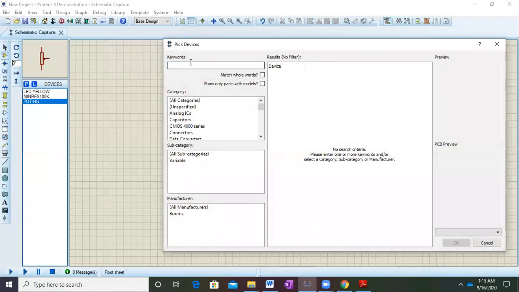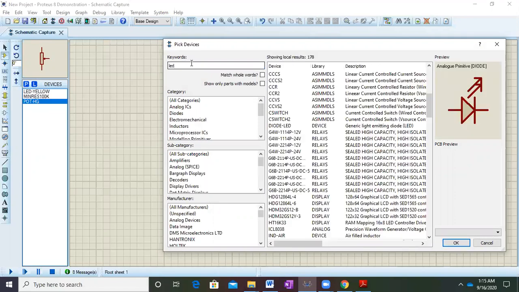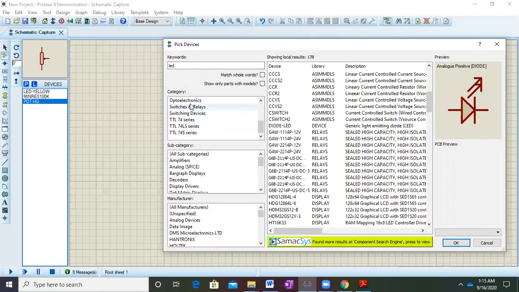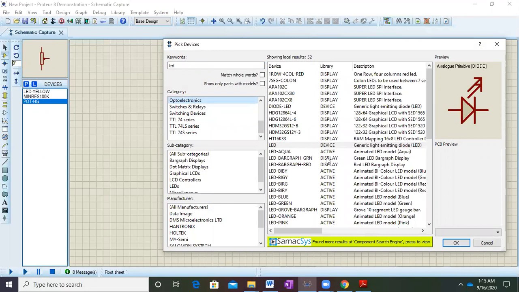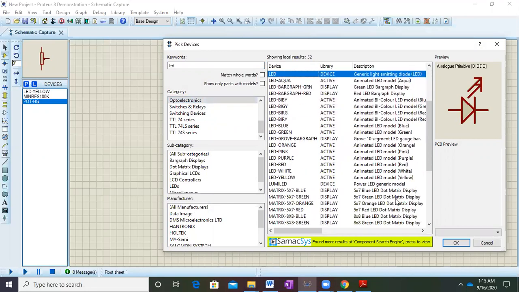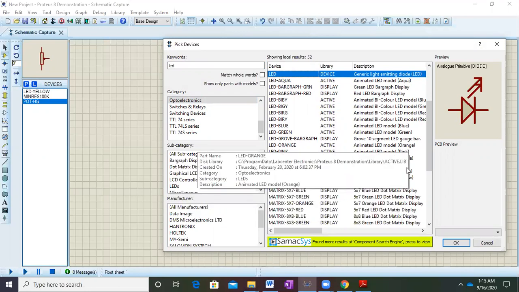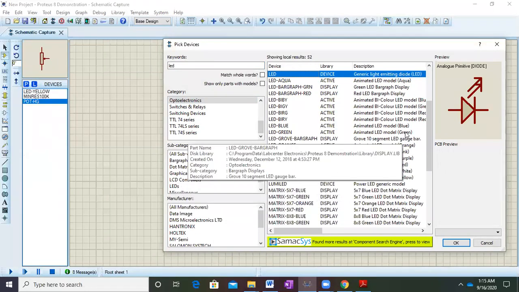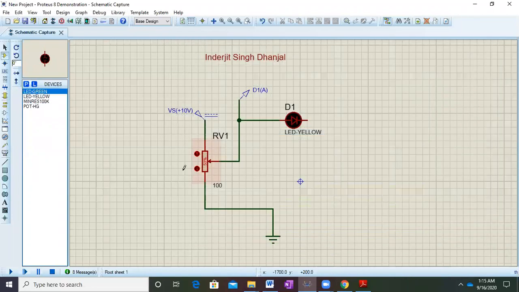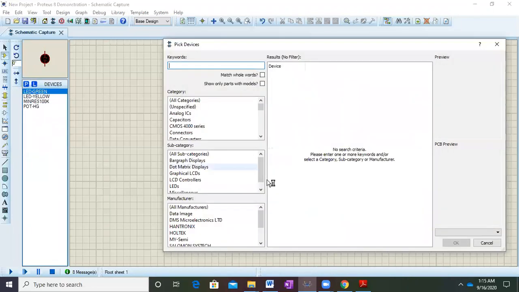We will go to some more LEDs. We can type LED in the selector, select optoelectronics, and from here we can choose which color. We have selected yellow, so we can select green, and we can select red also.